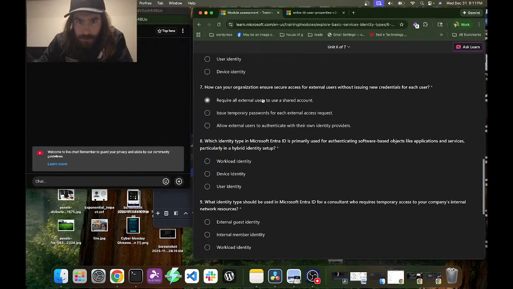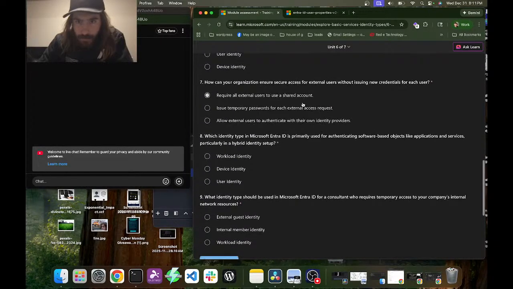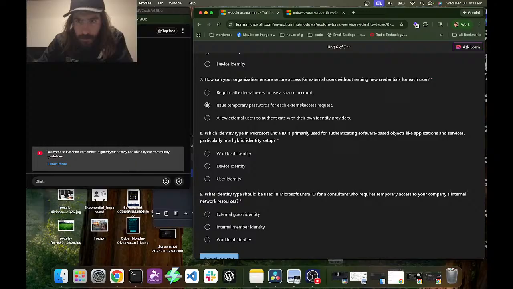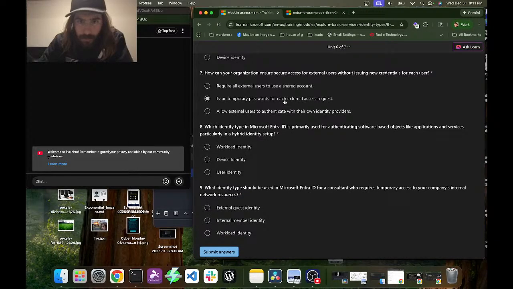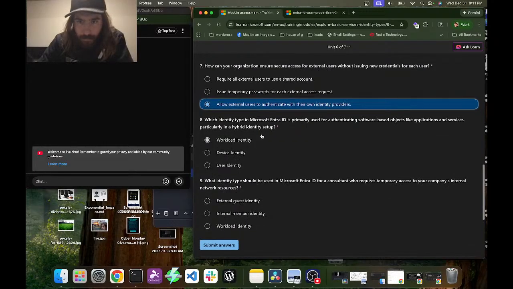How can an organization ensure secure access for external users without issuing new credentials for each user? Require external users to use a shared account. It's definitely not that. Issue temporary passwords for each external access request. No. Allow external users to authenticate with their own identity providers. That would be it.